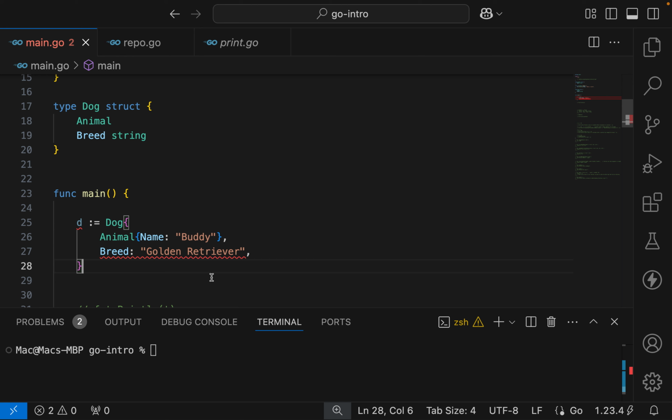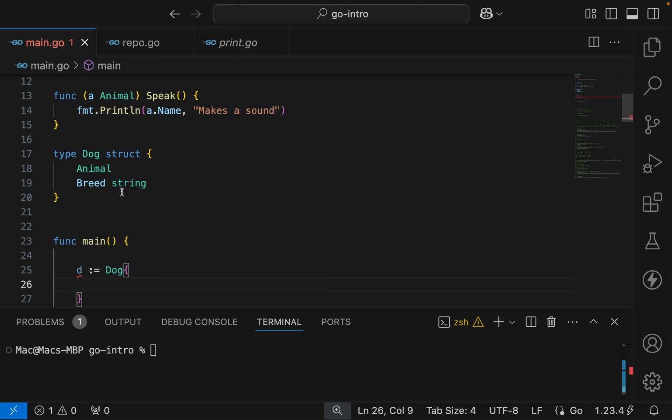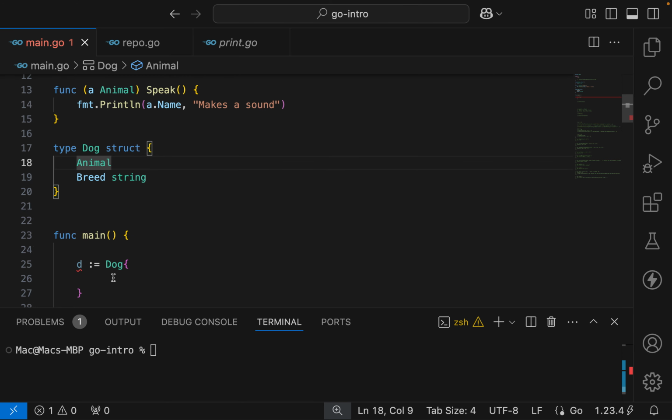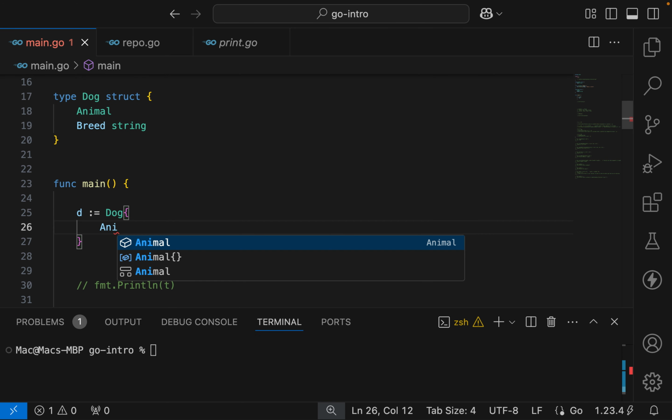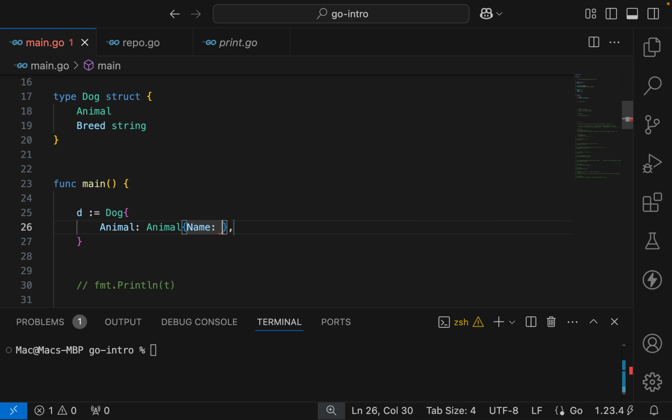Trying to check out what's happening. Okay, oh, this is animal. So what we have here is we have animal. Oh yes, there's a mistake here. Now this is an embedded struct, right? So this struct is this. So what we are going to have is to say the name is animal, right? So we are going to have animal struct like this, right? So animal struct. So inside this we are going to have